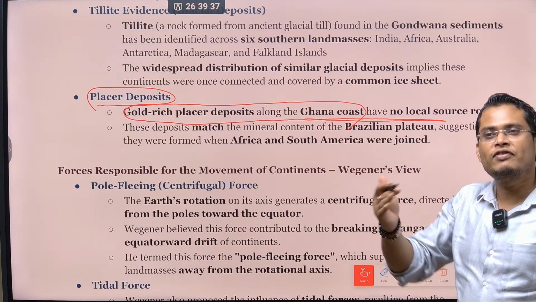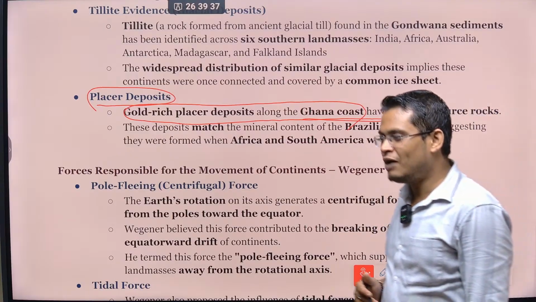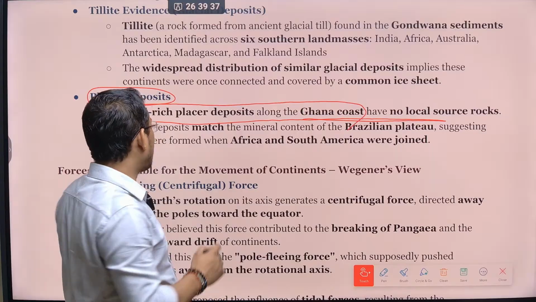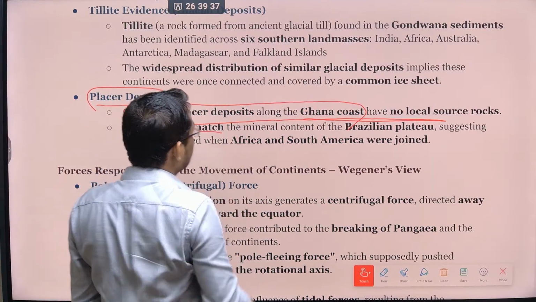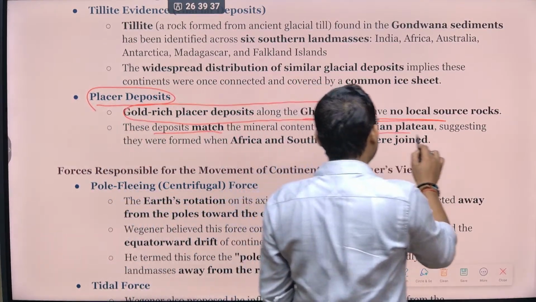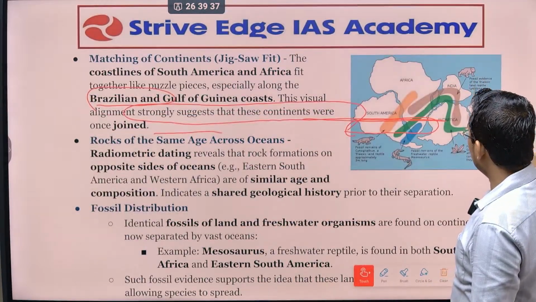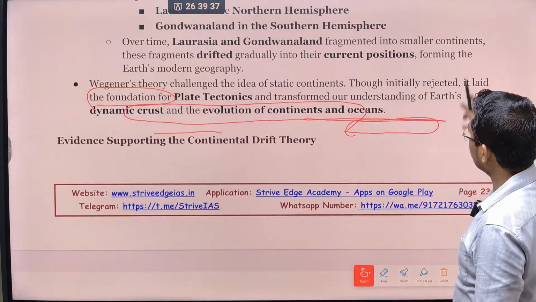लेकिन विदाउट हैविंग इट सोर्स रॉक, लेकिन वहाँ पर कौन सा सोर्स से वो आया हमें नहीं मिलता है, लेकिन उसका सोर्स कहाँ मिलता है आपको? These deposit minerals, their source rocks are found from the Brazil plateau. I am showing in the map, you will understand better. देखो, this is the Ghana coast,